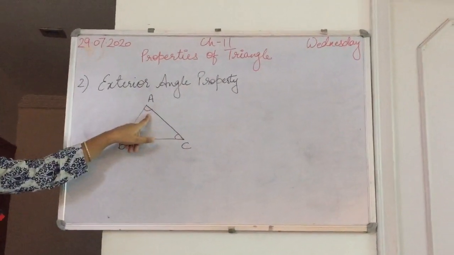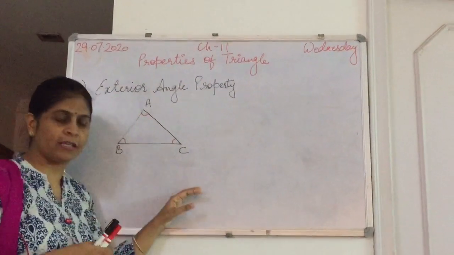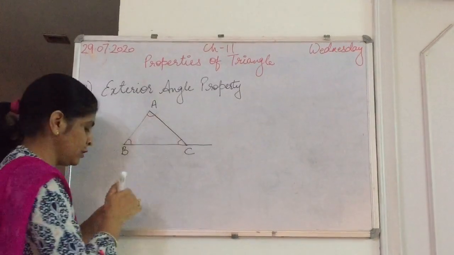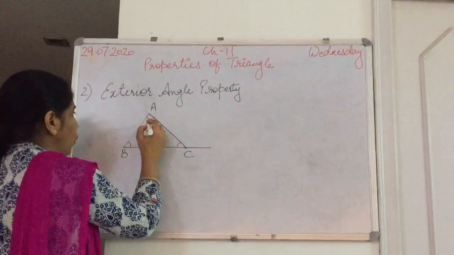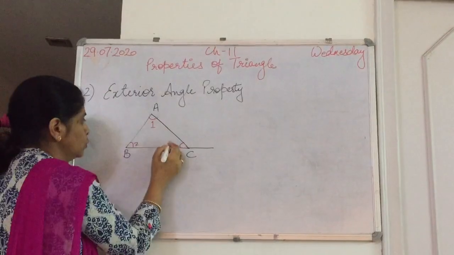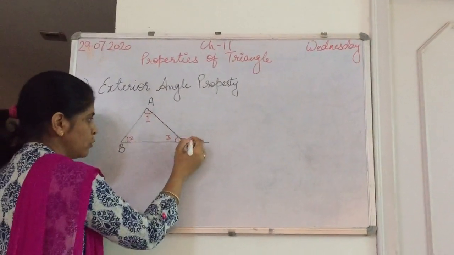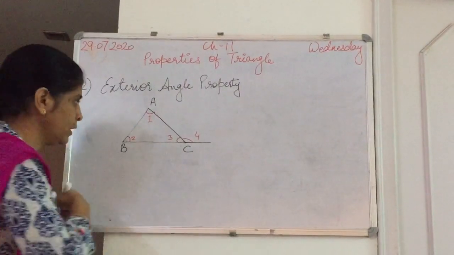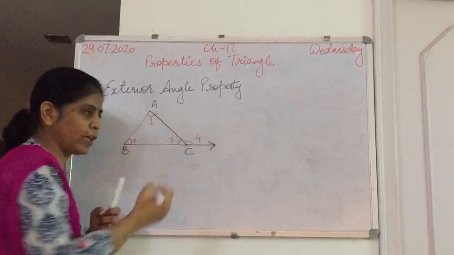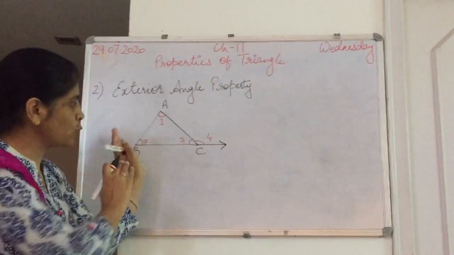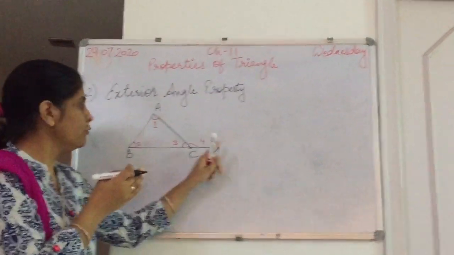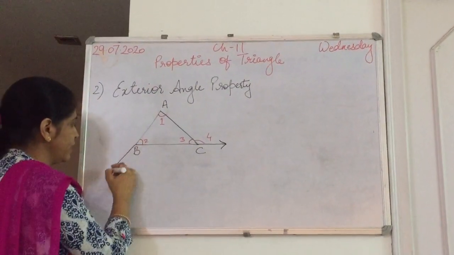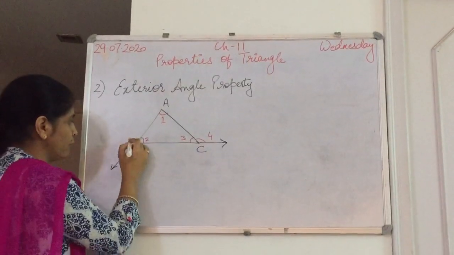Now you can see that I have drawn three angles, angle A, angle B and angle C. Now what I do, I just extended this line and I mark these numbers as 1, 2, 3. So outside also one angle forms, angle 4. Yes, I have extended the line and this fourth angle is formed. As it is outside the triangle, we call it an exterior angle. Clear? Similarly, if we extend it in this way, what will happen in this case?